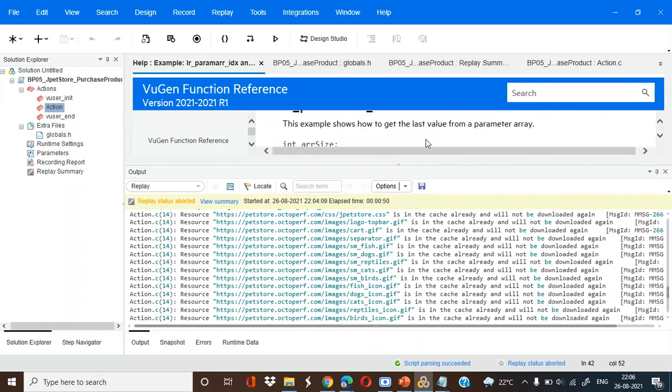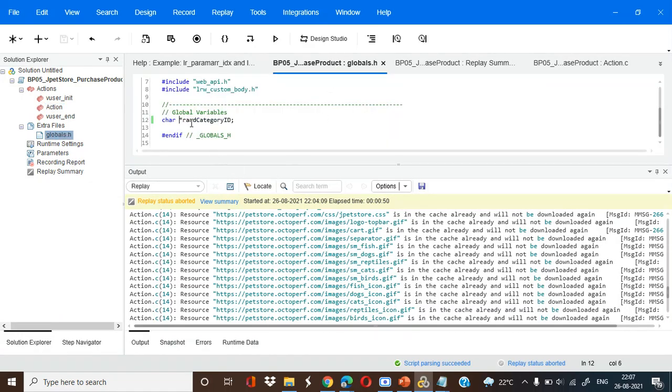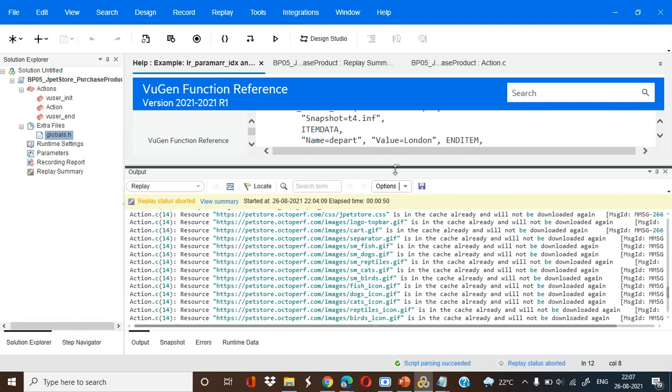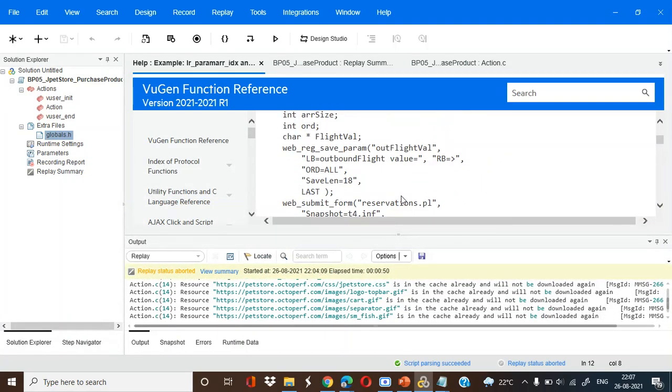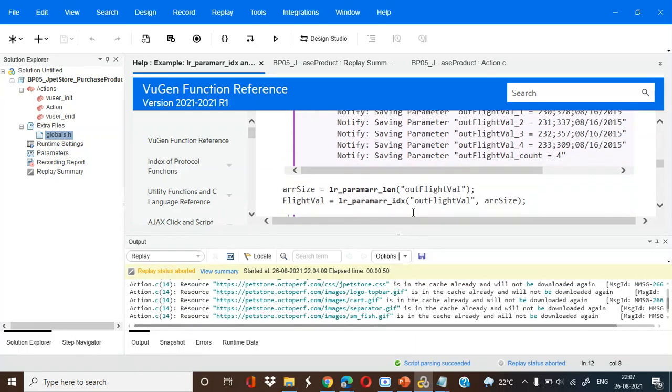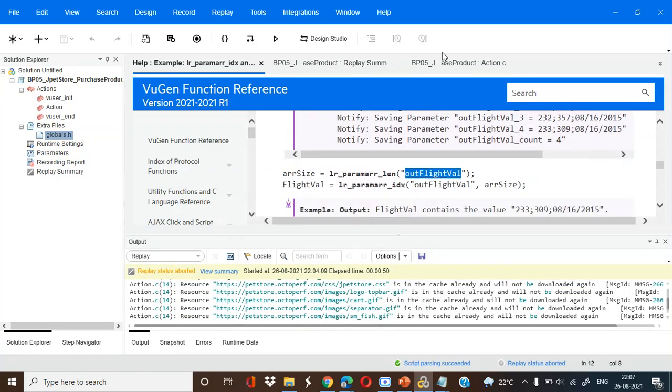So we have to pass this particular array name. We have to mention here